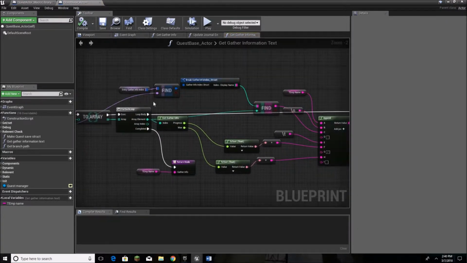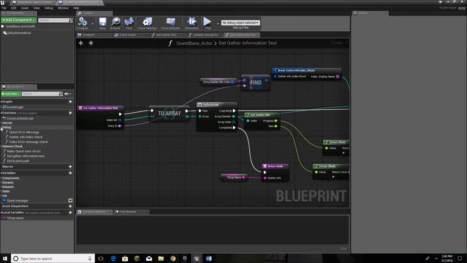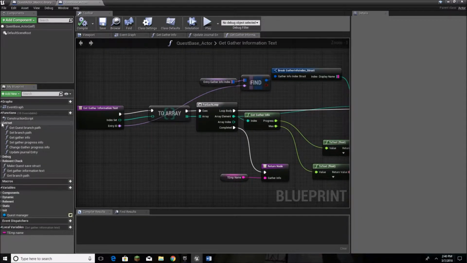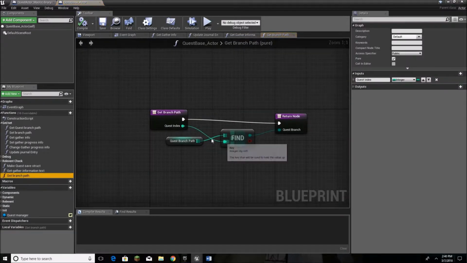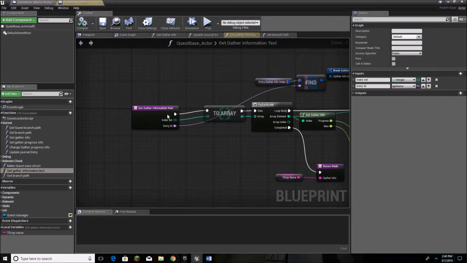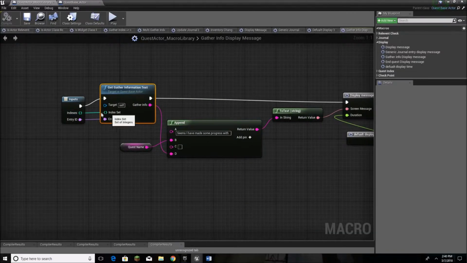I don't actually remember if I explained this function or not, or where this came from. I'm very sorry if I skipped over this one, but we'll go over this now, I guess. Oh, that's probably why. I probably skipped over it down here. Sorry about that. This one, just to get branch. Okay, yeah. So this one, what all it's doing is we want to check each of those indexes and let